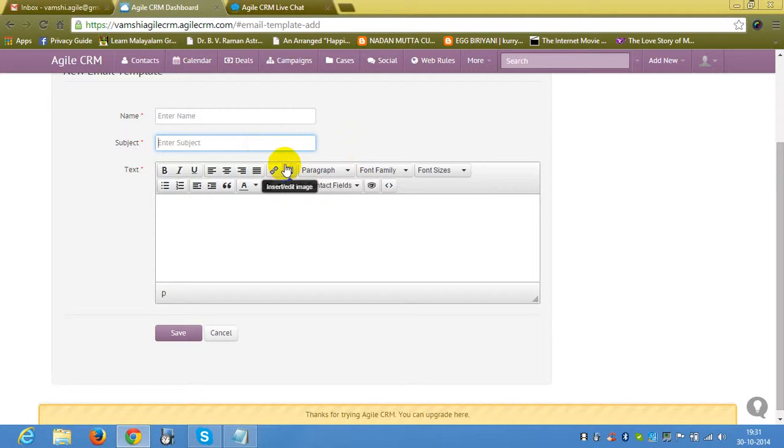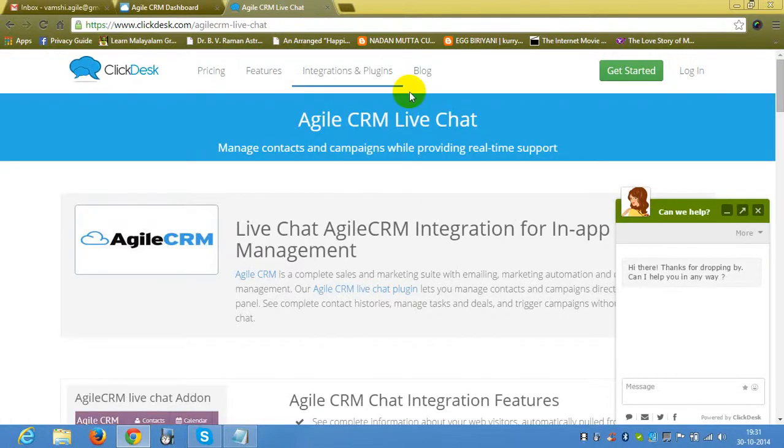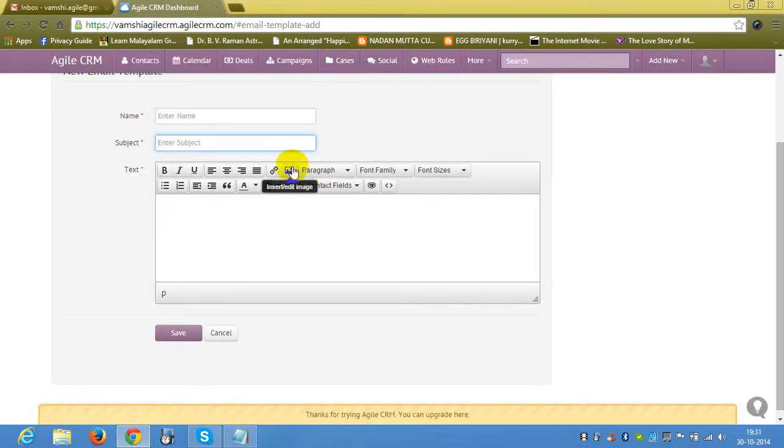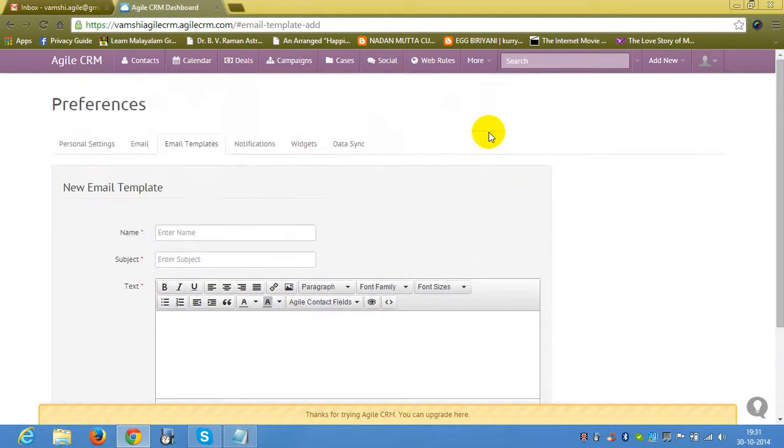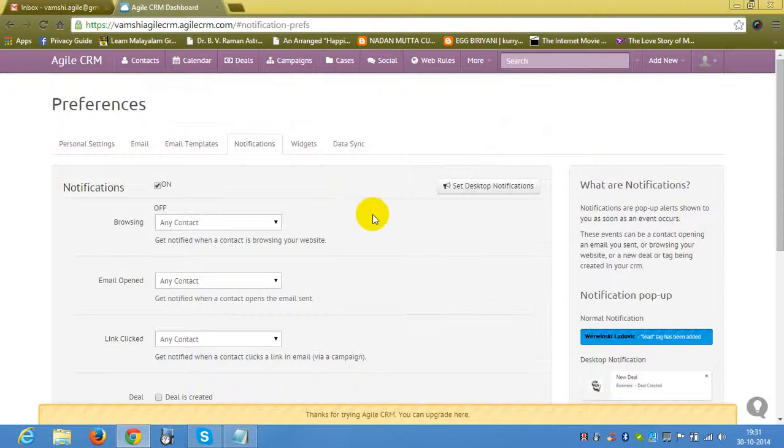And again, if you want an image to be there in the email template, all you need to do is insert an image and put that, so that image will always be there in the template. All you need to do is click on save, and then we go to notifications, and this is how the